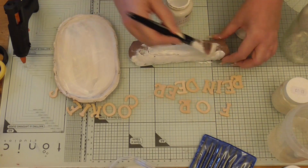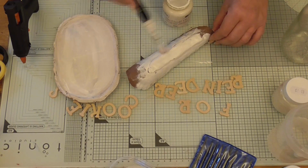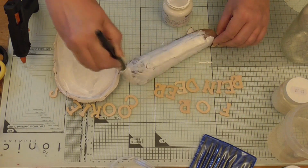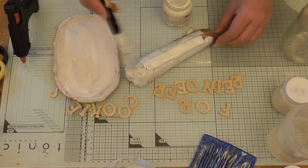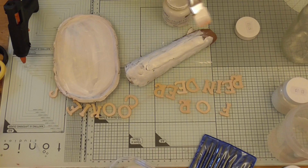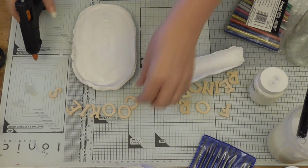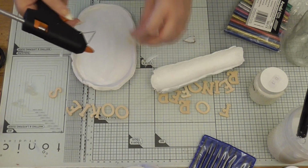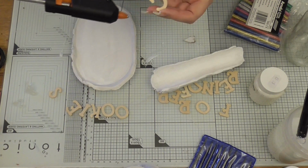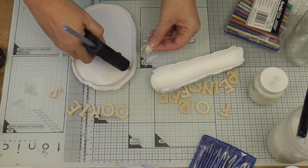Okay, so this is going to need a few coats. As soon as I'm done, I will come back and show you what's happened. So I'll see you in a bit. Okay, so I've given them a couple of coats. Now what I'm going to do is just glue all the letters on as best I can. I spaced them out and worked it out a bit earlier, so I think what I'll do...